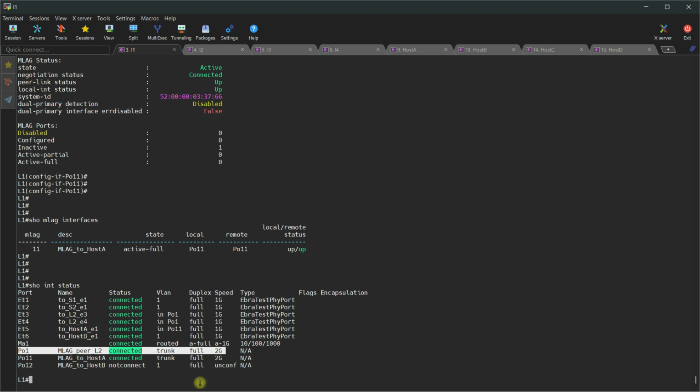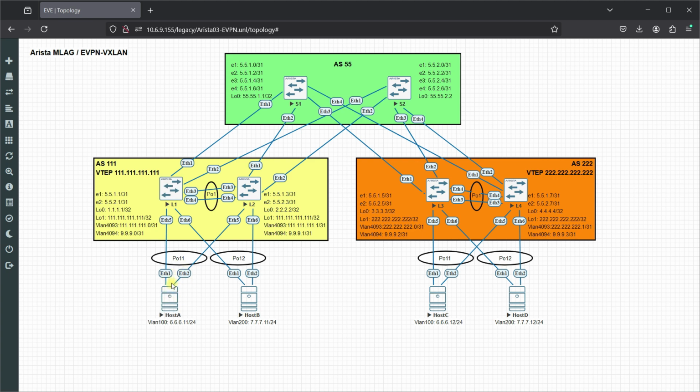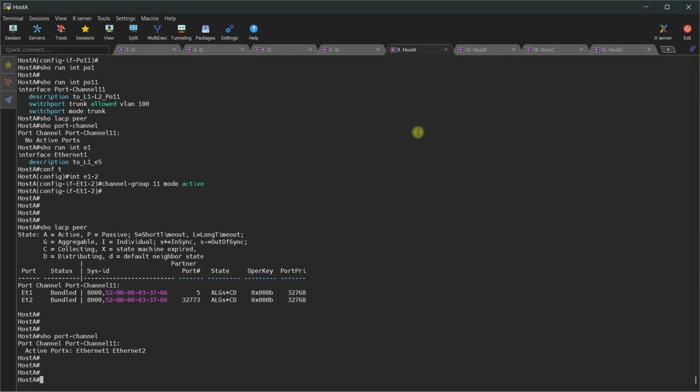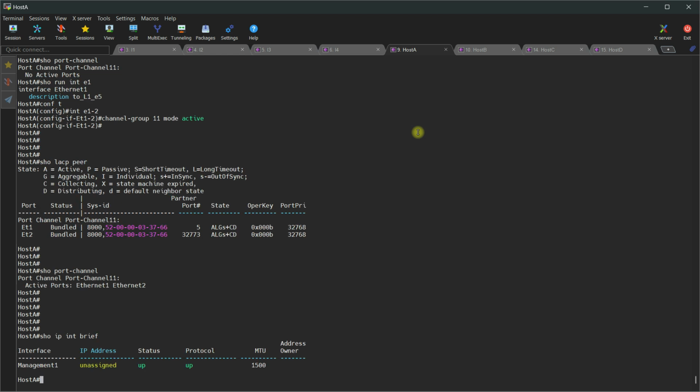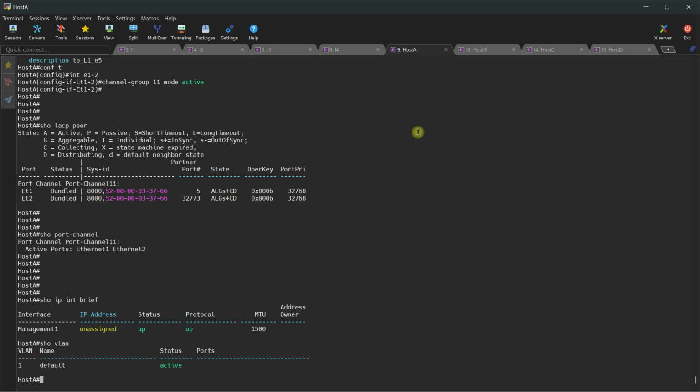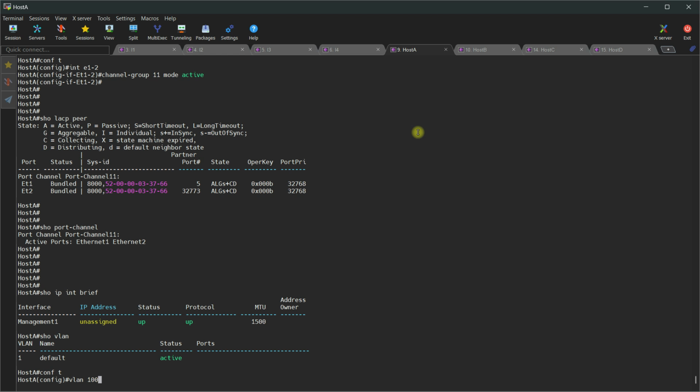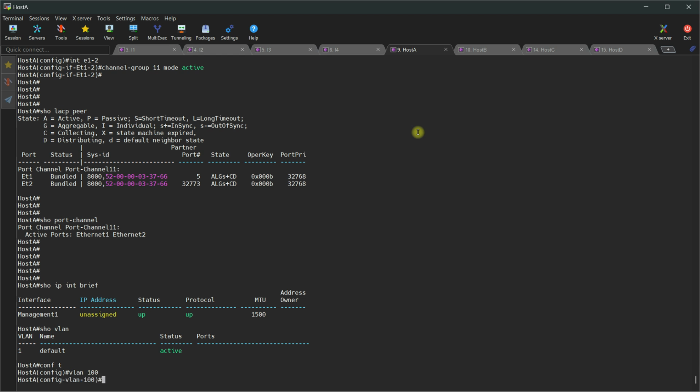So, this is all off to a good start. One last thing we could do is come to host A. If we do show IP interface brief on here, we've got nothing. So let's see, show VLAN. We have no VLANs. Config T. Yeah, I think we also didn't create VLAN 100 back on the leaf switches either. So VLAN 100,